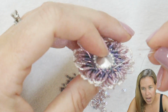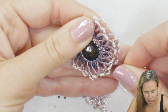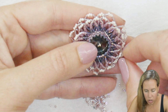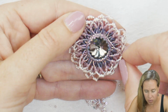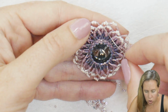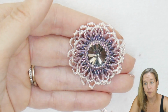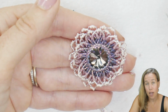But now that I'm done with the back, what I'm going to do is sew through, come out through this first Delica here, and then once I'm through that first Delica there, I'm going to change up the pattern ever so slightly again. All I'm going to do for this change is decrease 1 bead in my 15-0 to the start. So it's just going to be 2 15s, 2 Delicas, 2 of my 11-0s, so everything's going to be 2 along that count, with the exception of the center, which will stay 3. So we're going to go to the front and do the whole thing again, adding in another row of petals